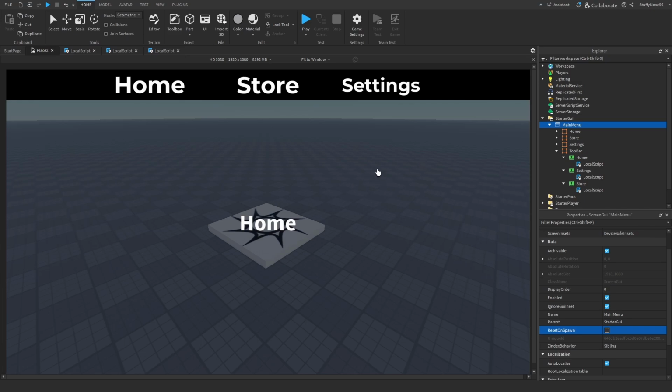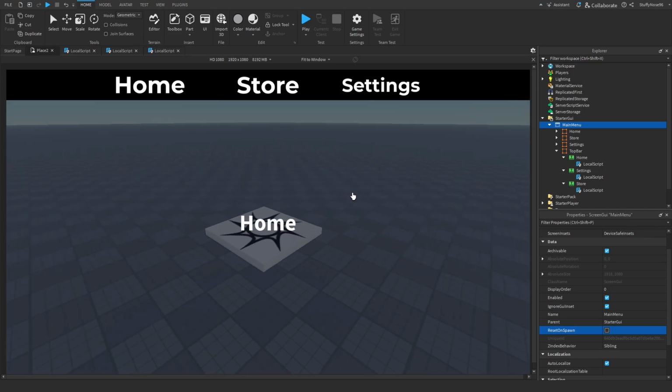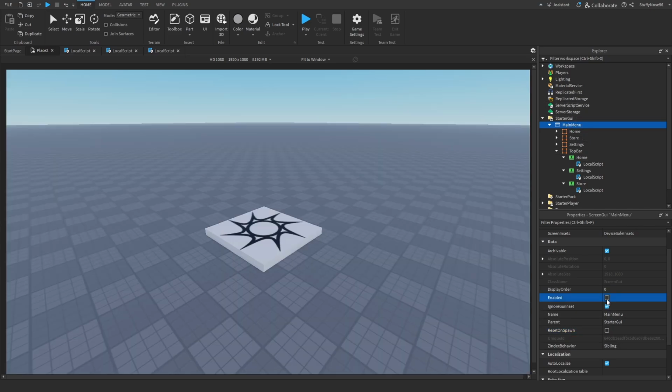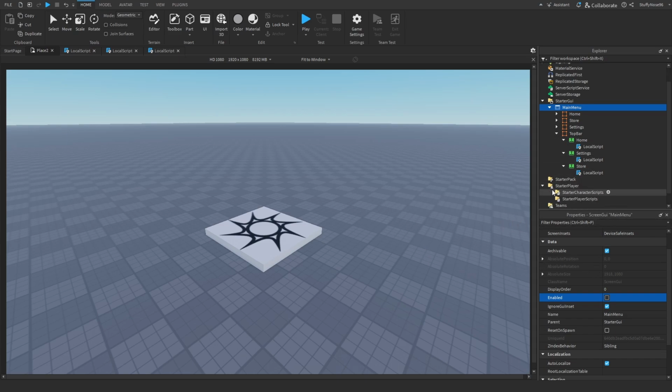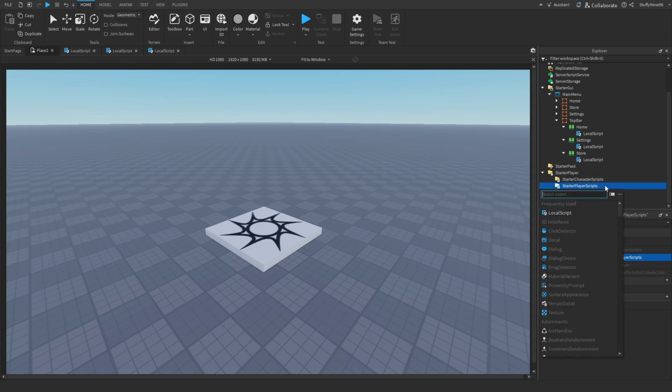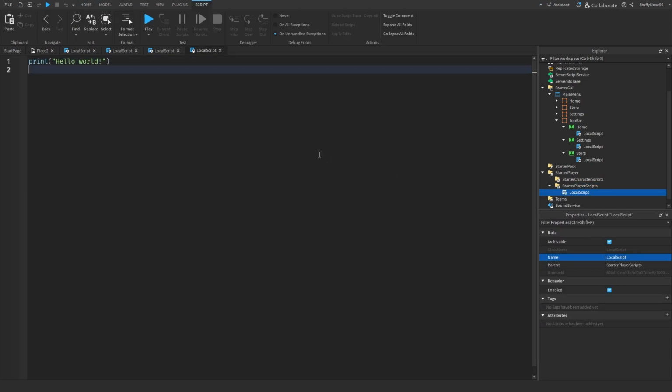Another thing that's obviously apparent is this is what our studio looks like. The GUI is always visible, and we don't really want that to happen. So what we could do is just disable this GUI, and in starter player scripts we can just create a local script, and when the player joins, because this script will be immediately run, what we can do is just local player